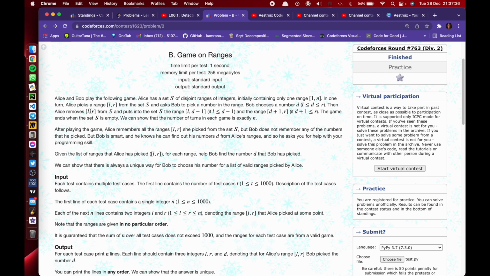In one turn, Alice picks a range L to R from set S and asks Bob to pick a number in the range.